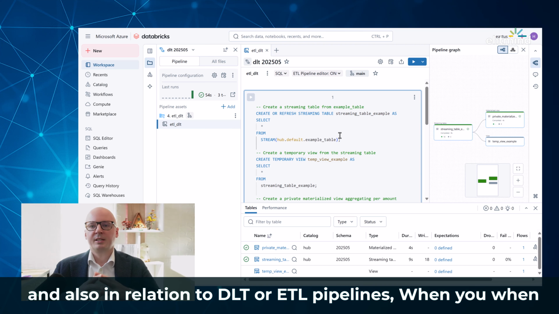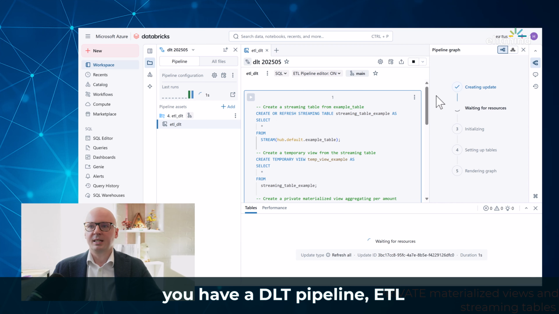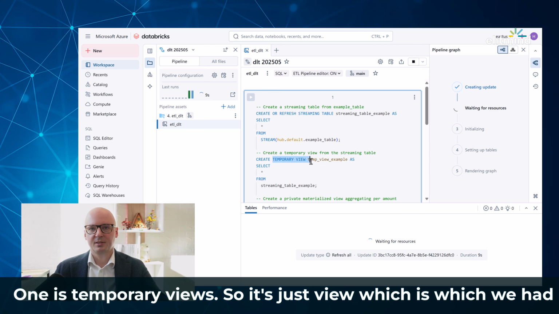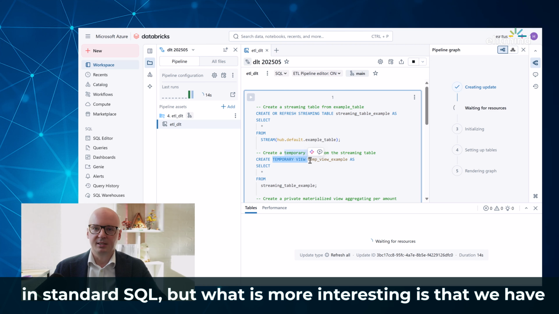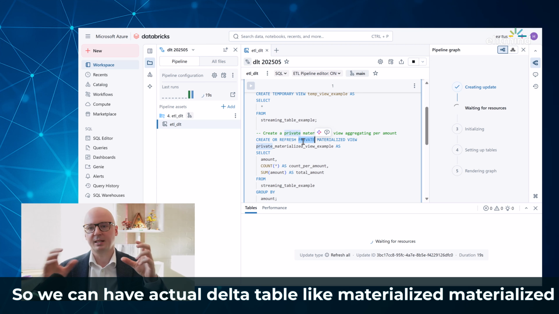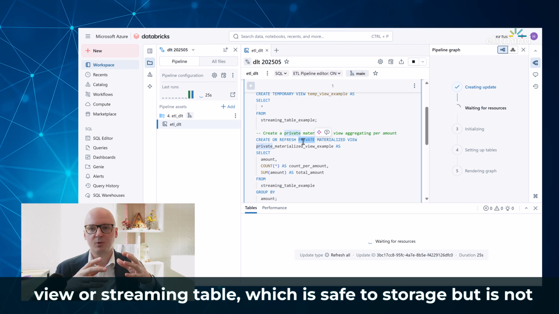And also in relation to DLT or ETL pipelines, when you have a DLT pipeline, an ETL pipeline, then you have a few new options. One is temporary views. So it's just a view which we had in standard SQL. But what is more interesting is that we now also have the option private. So we can have an actual delta table like a materialized view or streaming table, which is saved to storage, but is